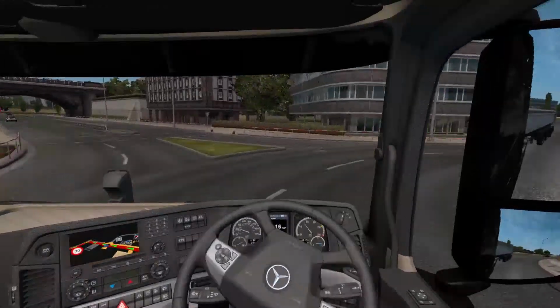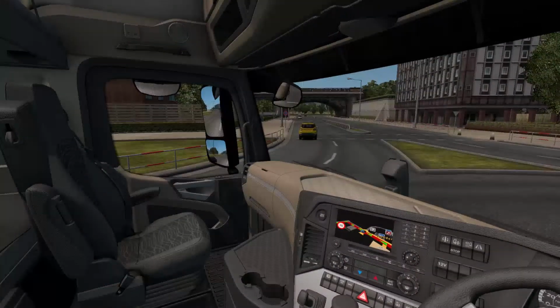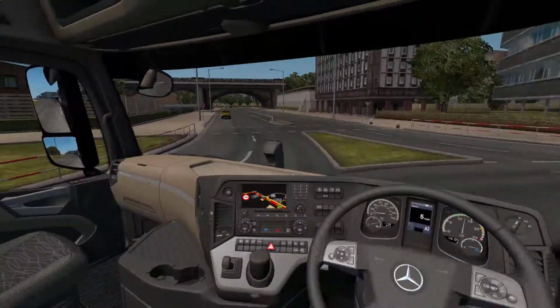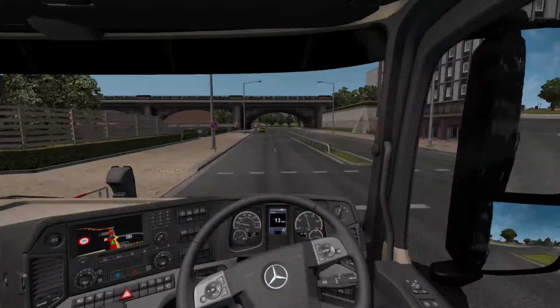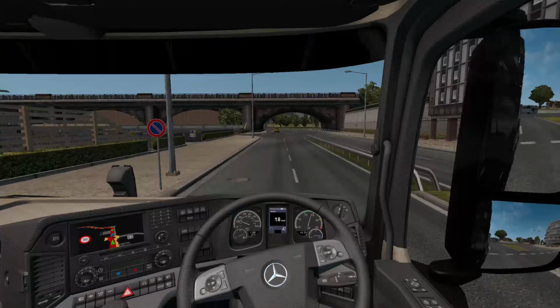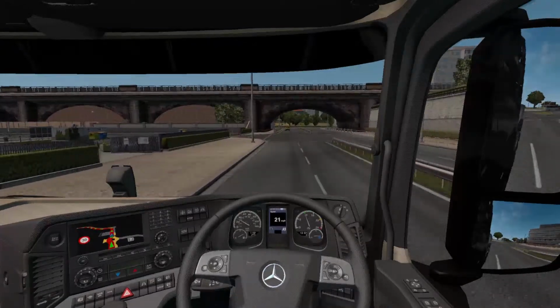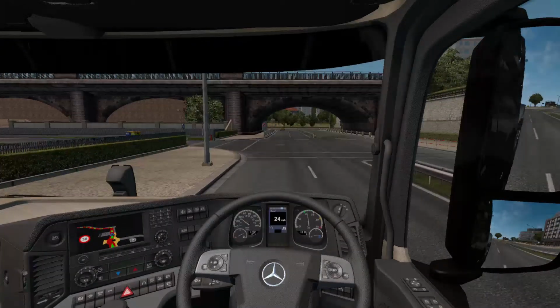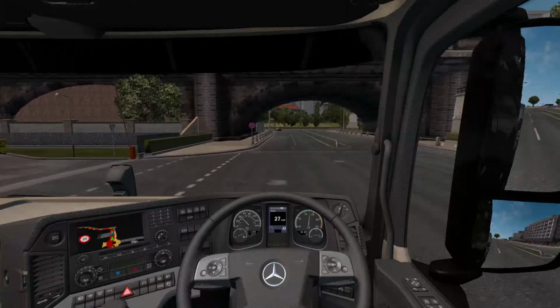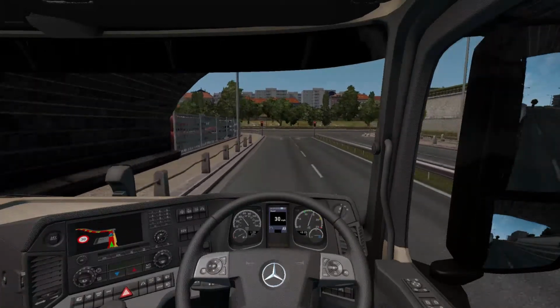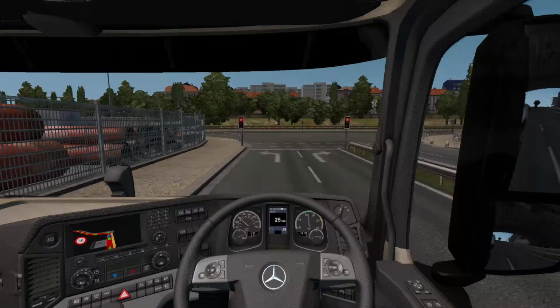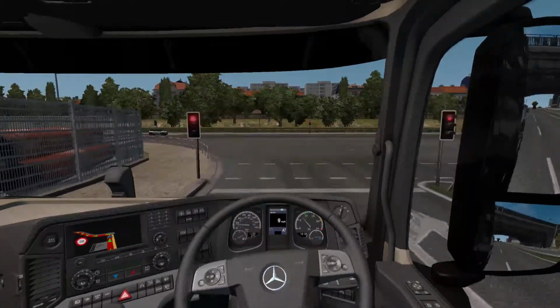Oh my! What is it with this AI today? I don't know. Am I just driving badly, or is there something seriously wrong with this AI? I'm hoping it's something wrong with the AI. It's not me. I don't know though. Someone put in the comments if you wonder, because I don't know.